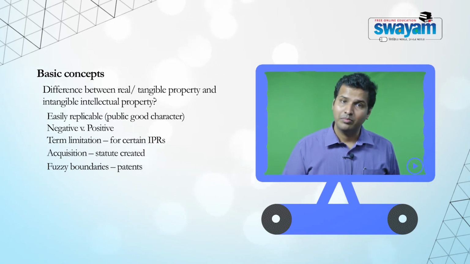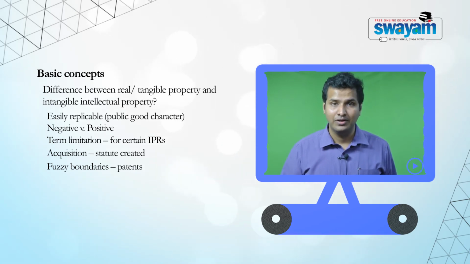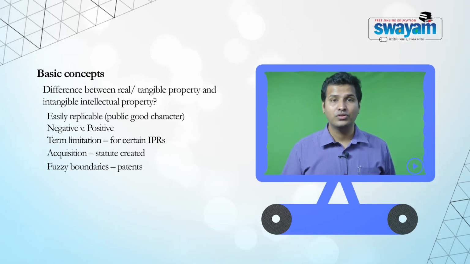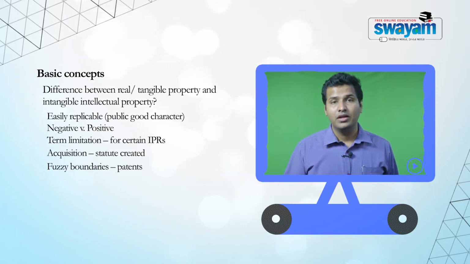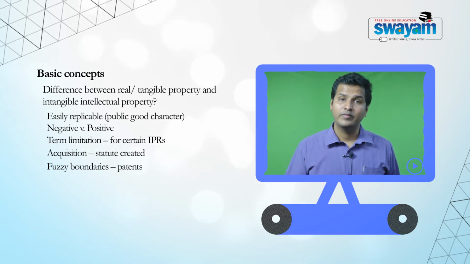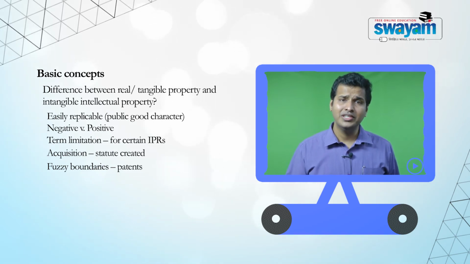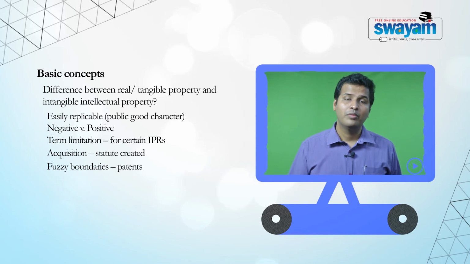Once the application is made to the patent office, the inventor may have a certain conceptualization of what the claims are, and furthermore, external third parties will have a certain version of what the claims are or how the claims must be interpreted. Finally, when litigation ensues, the court will apply certain doctrines involving claim construction, or patent claim construction, and they will come to a certain conclusion of what the boundaries of the patent are. So, ultimately, from the conceptualization by the inventor till the conflict is specifically resolved by the court, the boundaries remain